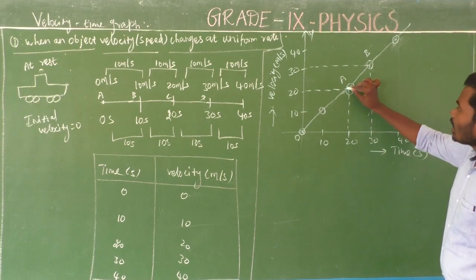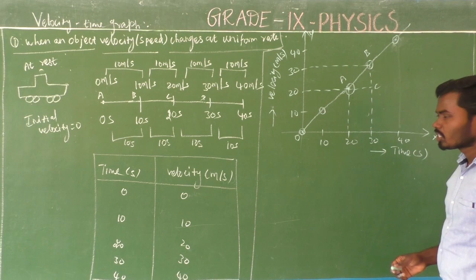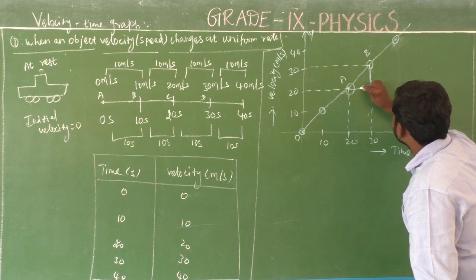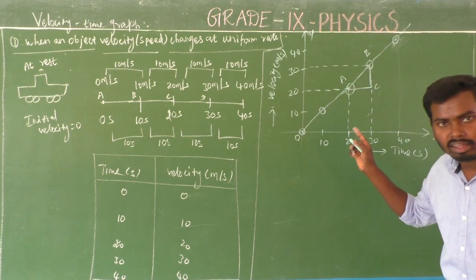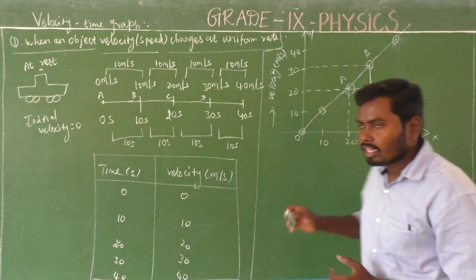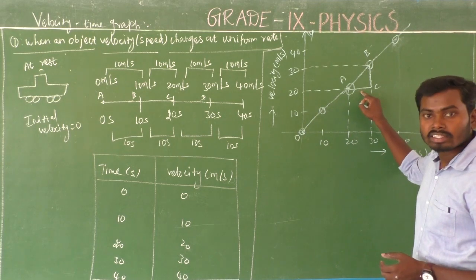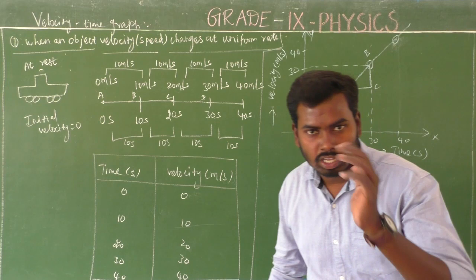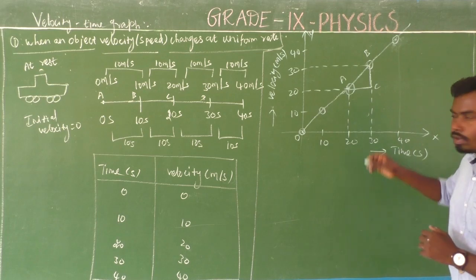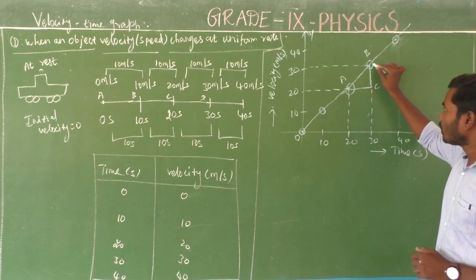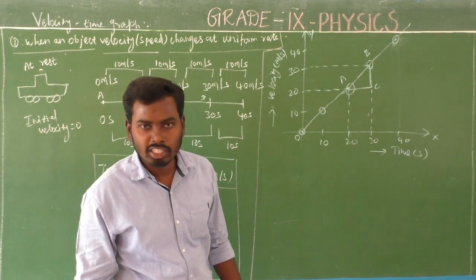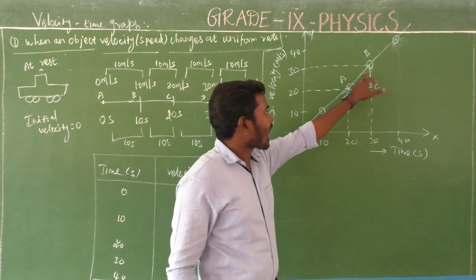Look at here. Point A, point B and point C make a slope. Am I right? Yes, like this. Can you see this clearly? In a velocity time graph, the slope of the object is, what is that? Acceleration. Don't get confused, very simple. In a velocity time graph, this is the slope, and the slope of the object is the acceleration of the object. Do you think that is possible? Yes, of course that is possible.